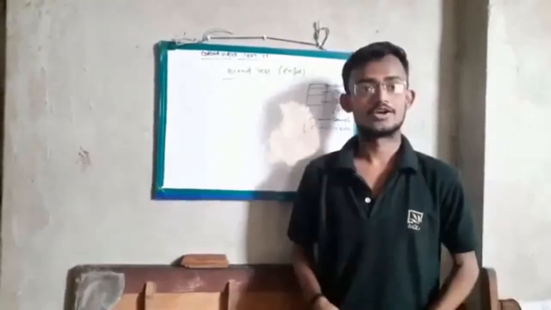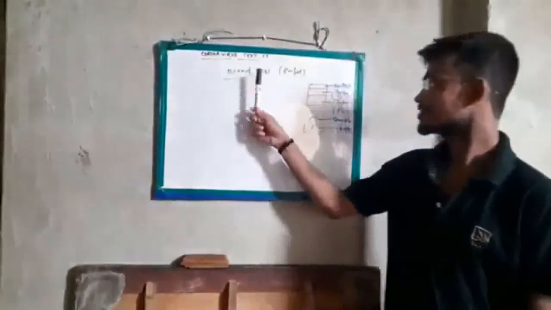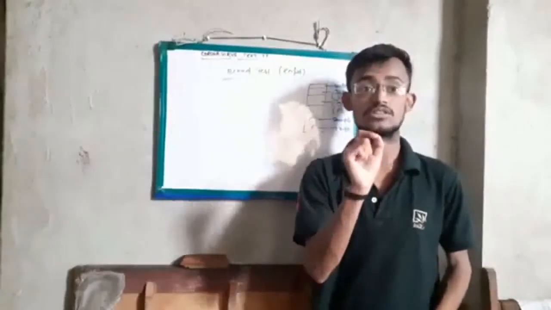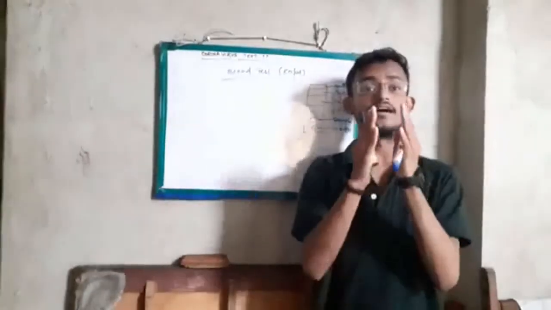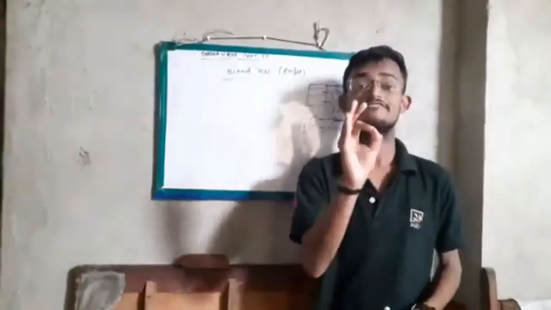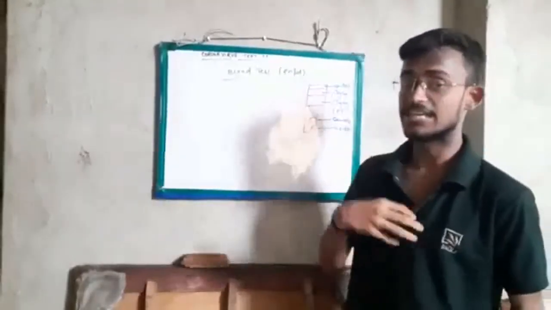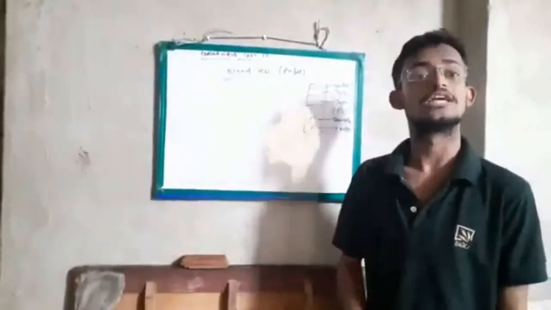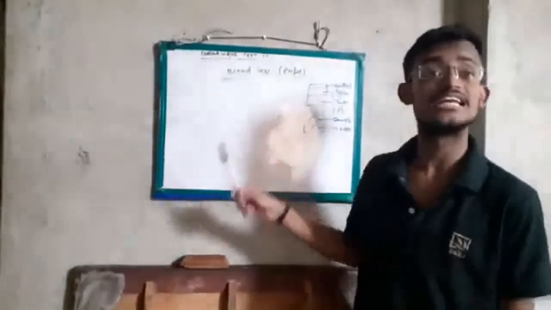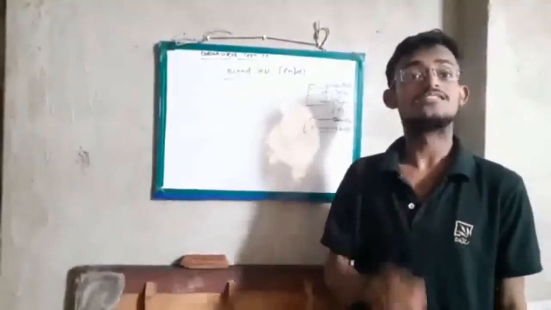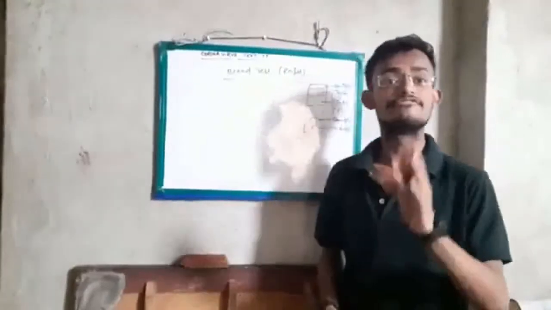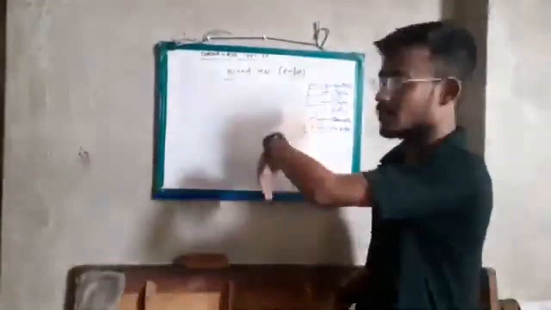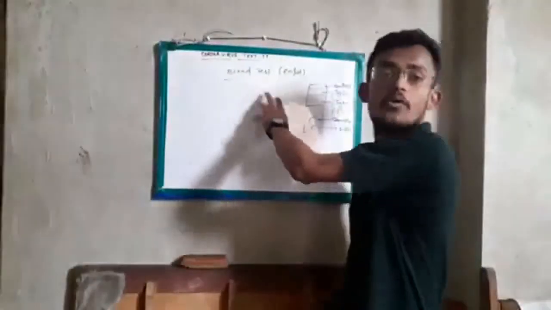What is the fundamental difference between the two tests? This is the blood test and the other is the artificial test. The first technique tells you whether the virus is currently infecting you or not, meaning whether the virus is currently present in your body or not. But this blood test is not going to tell you whether your body is currently infected or not. It gives you an arbitrary value, whether you were infected by this virus earlier, a few months ago, or maybe currently you have this virus in your body or not.